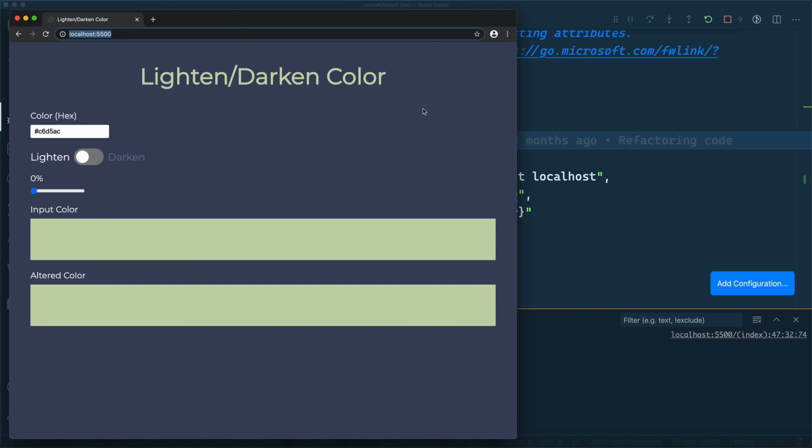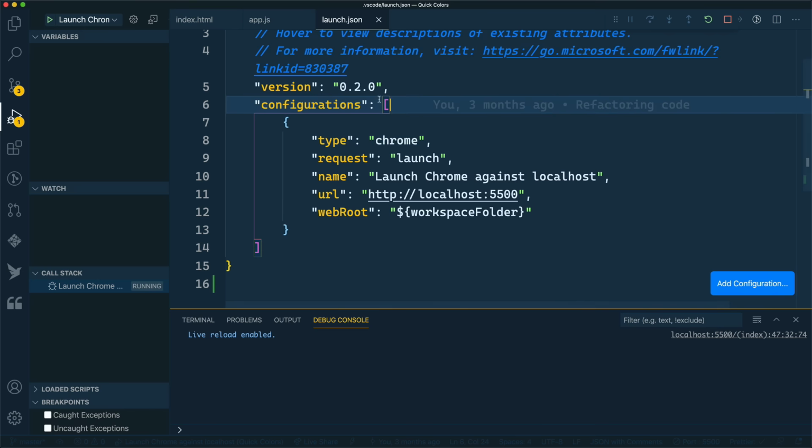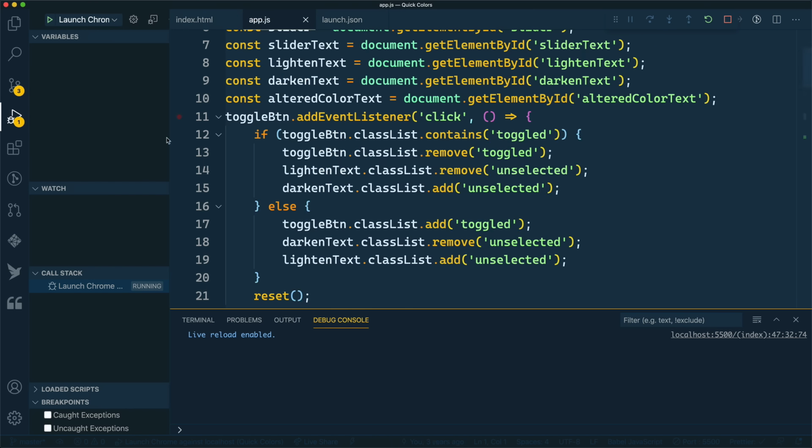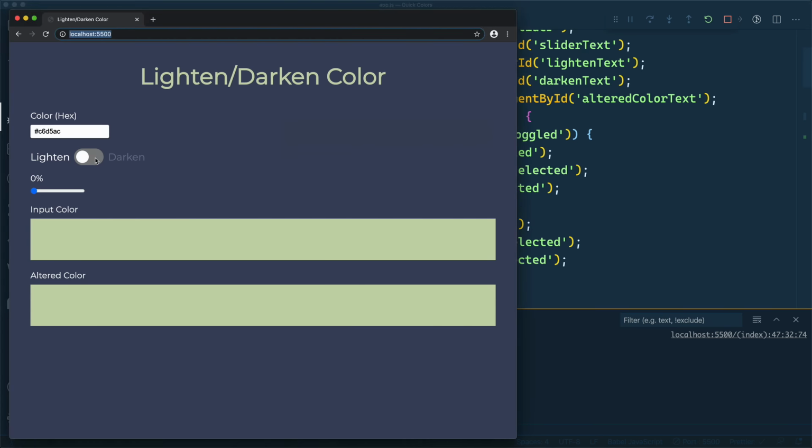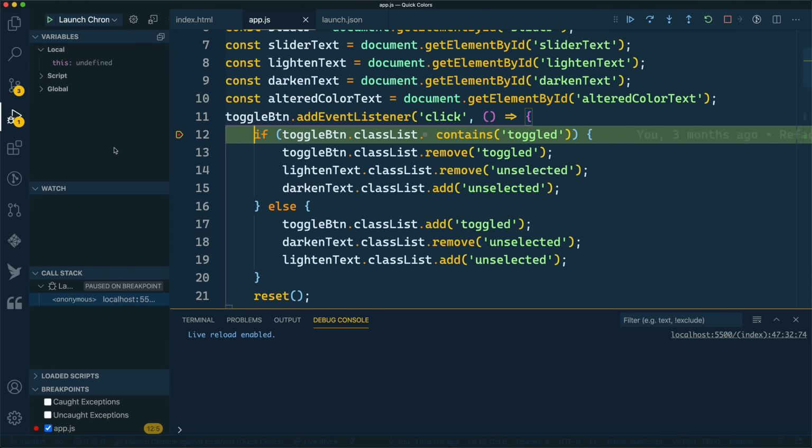And now debugging is enabled so that I can debug right inside of VS Code. So notice I've got this menu up here. None of these things are really active because we don't have breakpoints set and we aren't paused for debugging. So inside of VS Code, to the left of the numbers, I can now add breakpoints. So there's a little breakpoint there. And when I click this toggle button, it should then trigger that breakpoint inside of VS Code. So we'll click this. Now it goes away from Chrome, comes over to VS Code, and hits right at that